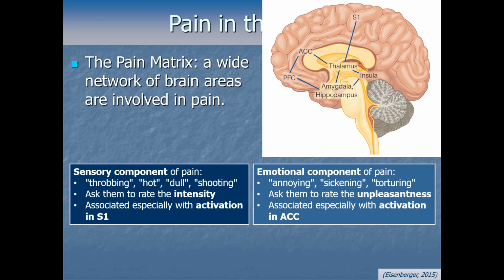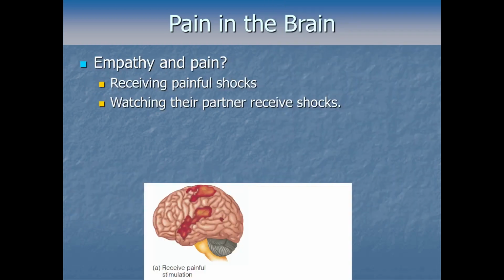And the more active it is, it's more active depending on how rejected the person reports feeling. So if they report feeling more rejected, more left out, then we have even more activity there, strongly correlated. Now, speaking of that social side of pain, some research has actually looked into empathy for when we see